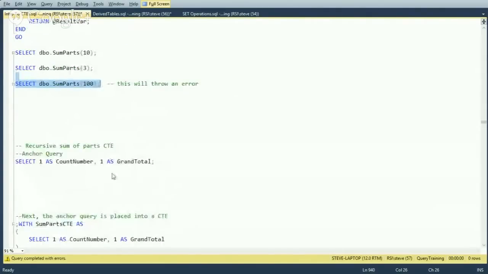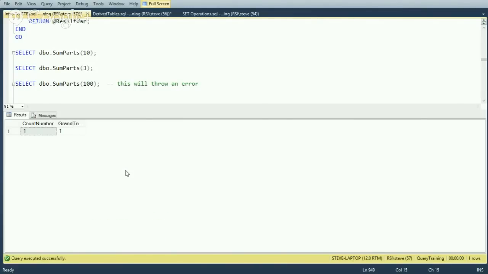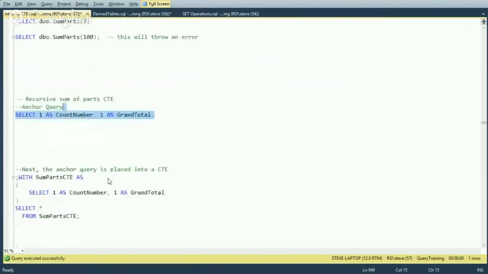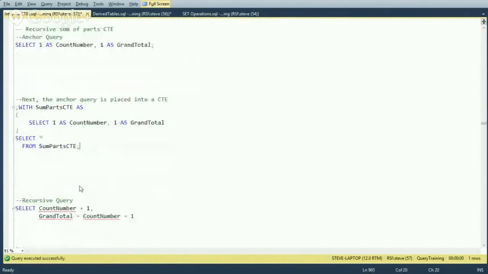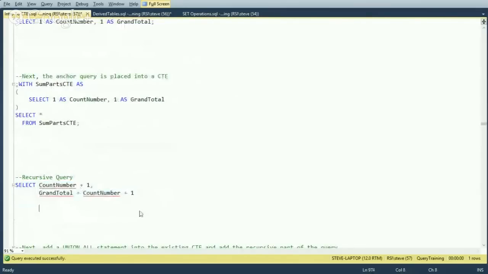So we build our anchor query to do our recursive CTE. We select 1 as our count number and 1 as our grand total. So that's our sort of priming the entire thing. Because the sum of parts of 1 is 1. There's our answer for sum of parts of 1. But now we need to build it out further. So we throw it inside of a CTE. You guys can probably imagine what that's going to return. Here's our recursive query,